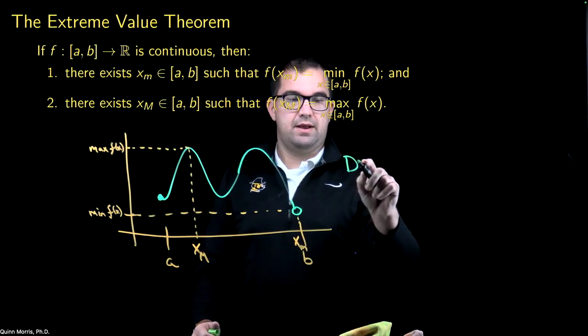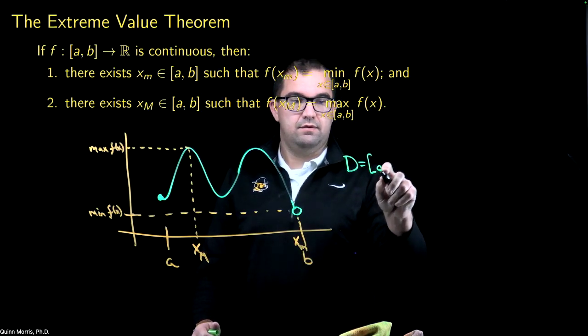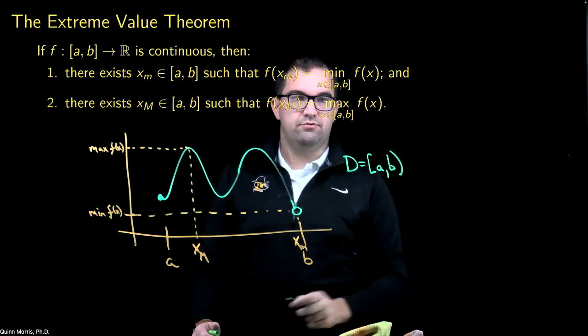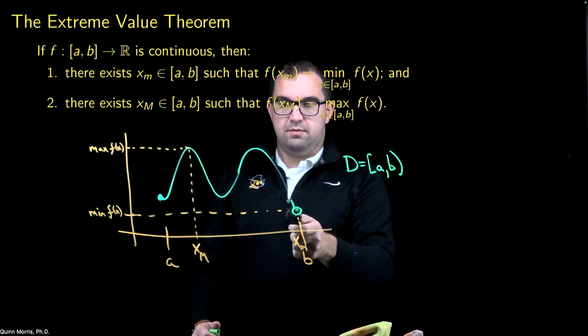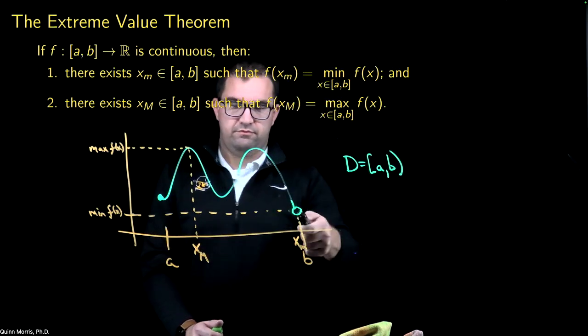So if I'm now considering my domain to be the half open, half closed interval here, then the minimum value